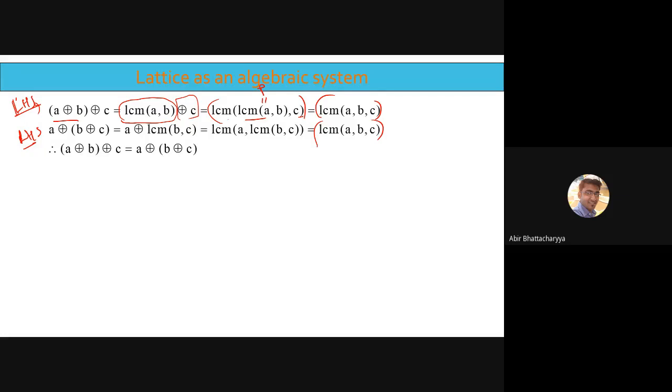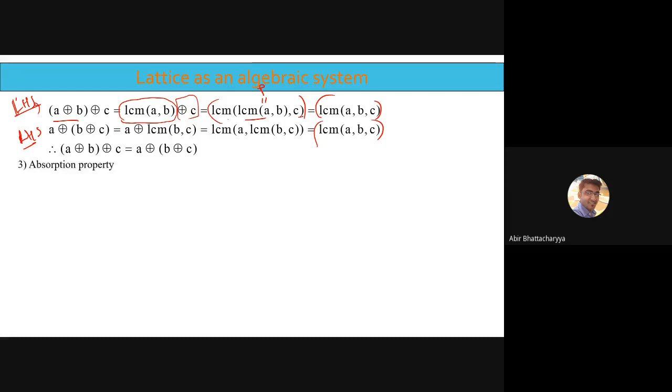If you are getting confused about that, then you can take any arbitrary elements from natural numbers or from S30, because S30 is the given set. So you can take any 3 arbitrary numbers from S30, like 2, 5, 6, whatever, and check both the cases whether LHS equals RHS or not. Then if you are satisfied enough, go for it. But writing is important. This writing is actually important in the context of your exam. Okay.